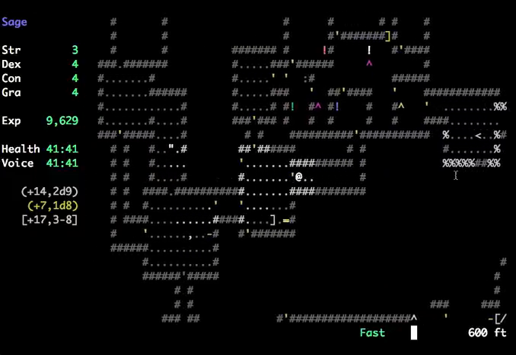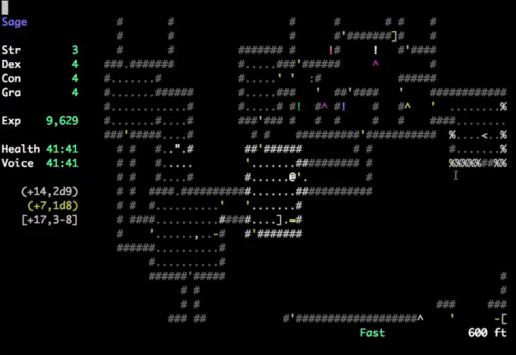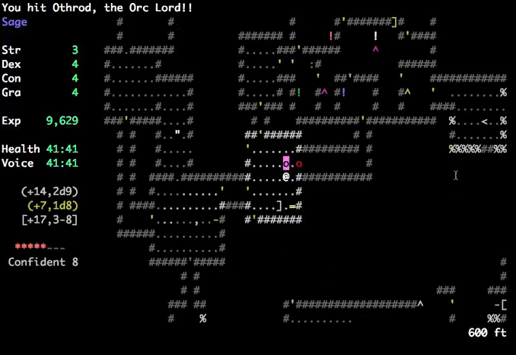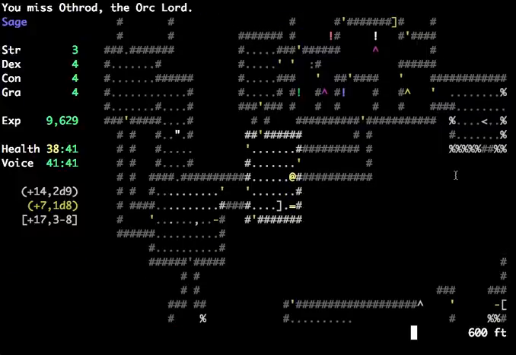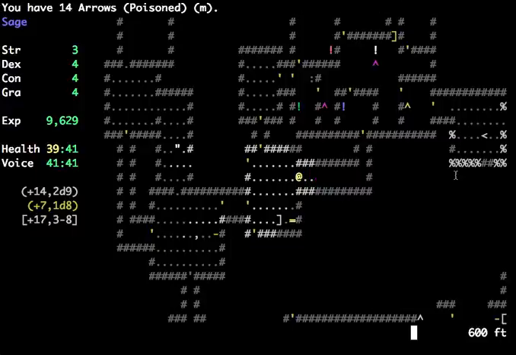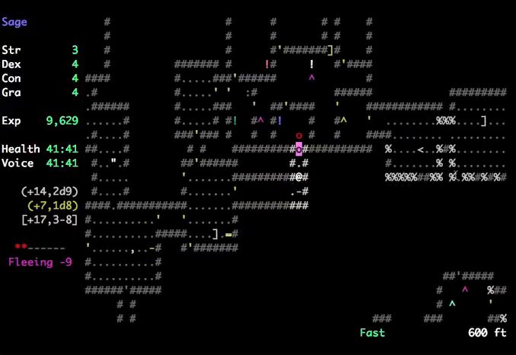Sometimes I just assume that they've seen me, and then I back off to get a good position, and then they just go down the stairs because they're on an errand that did not involve me. That was a pretty good sequence of hits considering his melee is nothing special. I think Othrod has like,